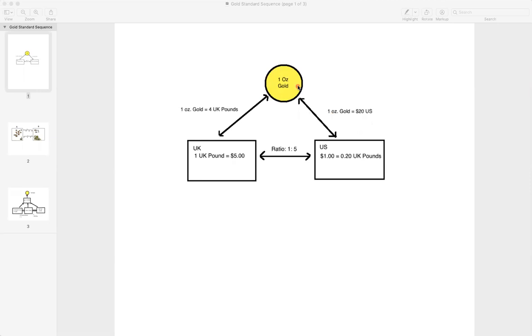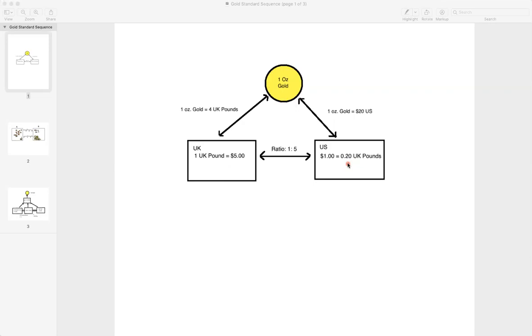And paper money was simply a receipt that the government issued saying, if you bring this receipt to us, the government, we will give you gold. And there would be a ratio between the number of receipts, or the value of the receipt, and the amount of 1 ounce of gold. Although these numbers are made up, this is basically how the